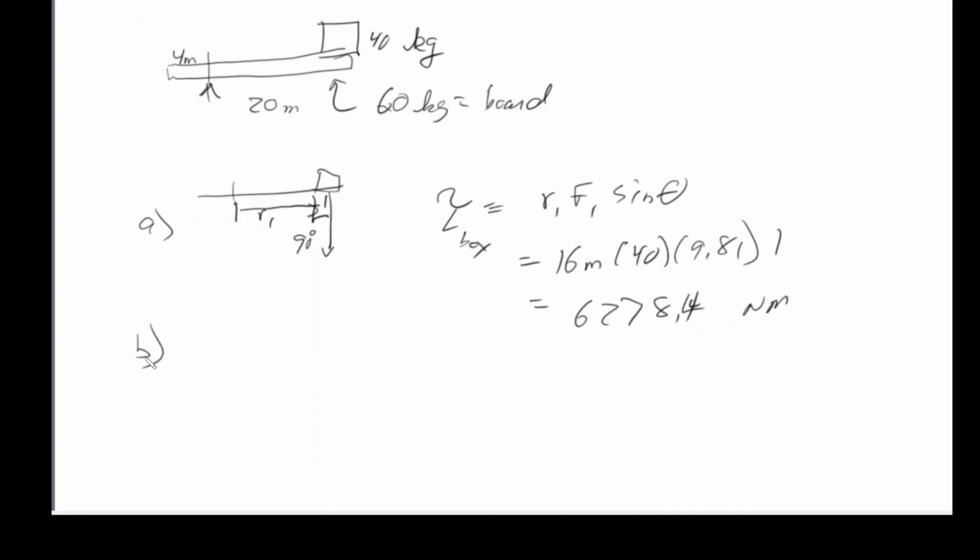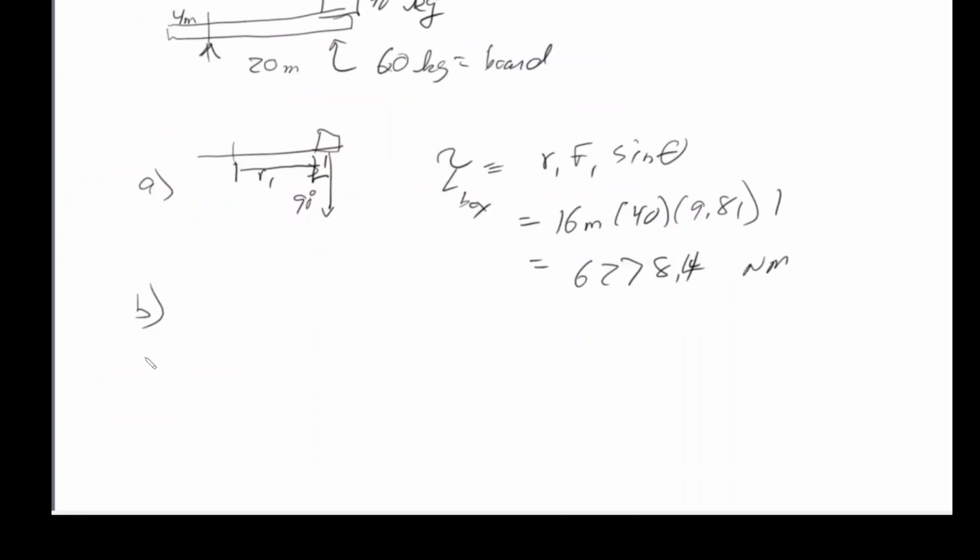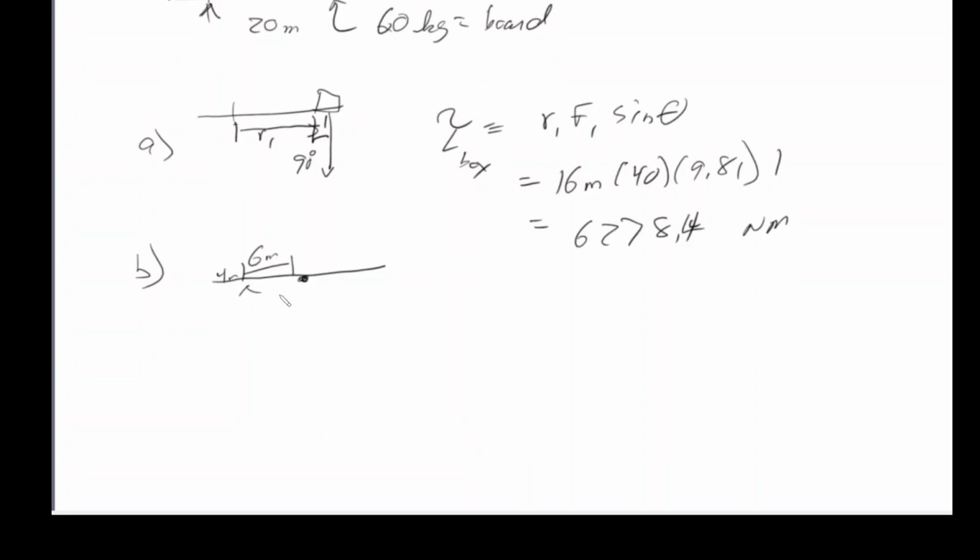Now, what about the torque exerted by the board? So again, you have your board with the fulcrum at 4 meters. The center of the board is at 10 from the end. So the distance from the fulcrum to the center of mass of the board is 6 meters. And once again, the torque of the board